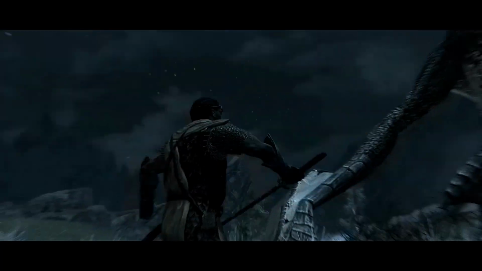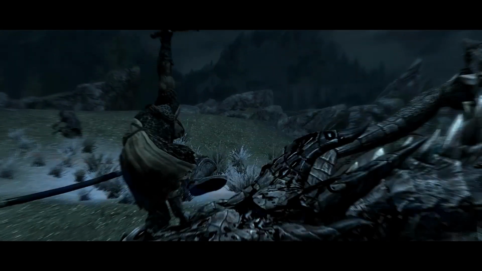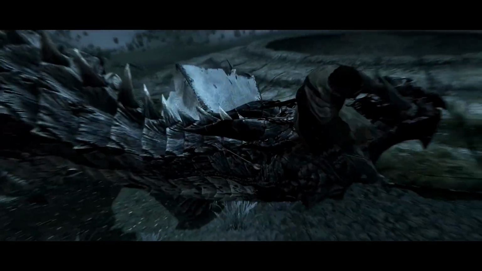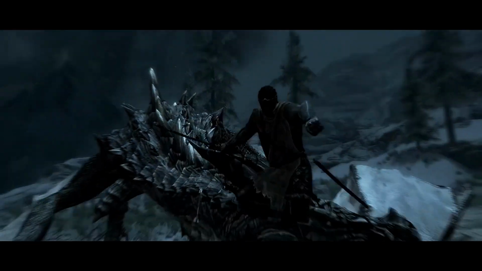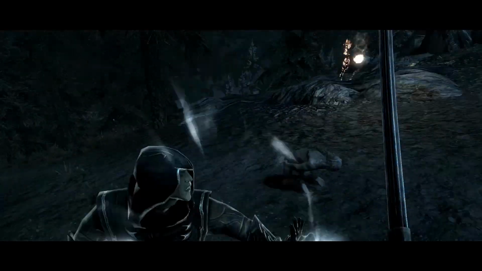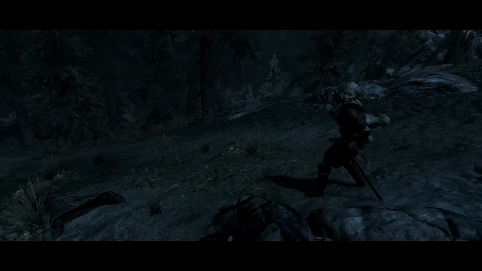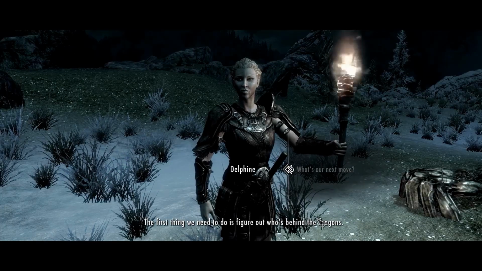We defeat this dragon, but he burns Grovekeen. After absorbing the soul of the dragon, Delphine tells us about the blades and bows and swears to serve our hero. But suddenly, we are attacked by a high elf assassin. Delphine assumes that Talmor is responsible for this attack and that they might have a connection to Alduin,